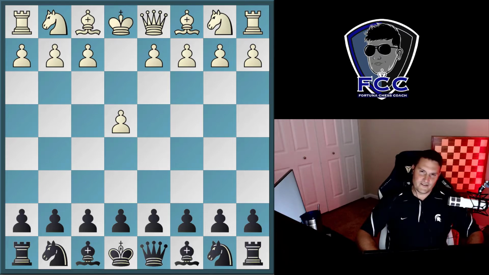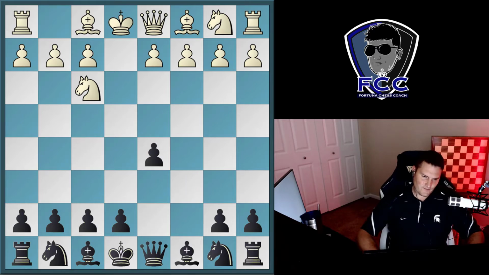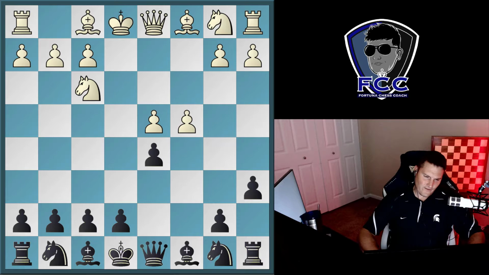Alright, so welcome to this coverage here of the Michigan Open. This is round one, and I had the black pieces, and my opponent again ventured e4, so I went c6, knight to f3, d5, the Caro-Kann. Exchange variation, and after the pawn came to d4, I played a6, c4, Panov-Botvinnik, I played my knight out